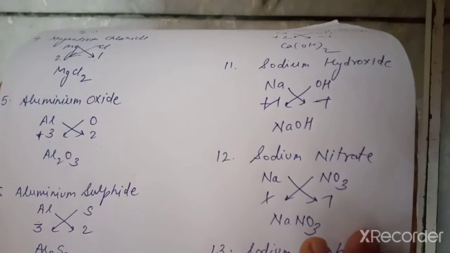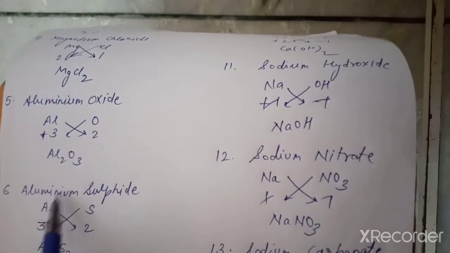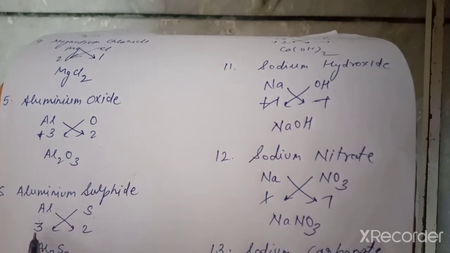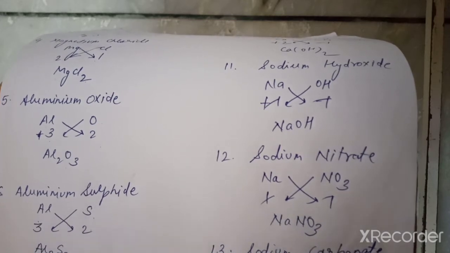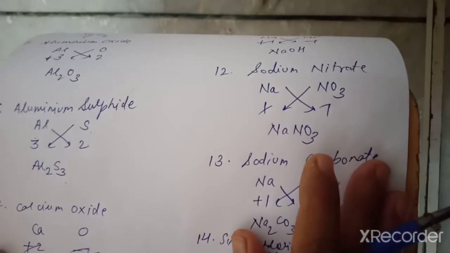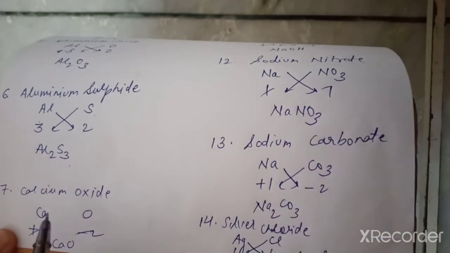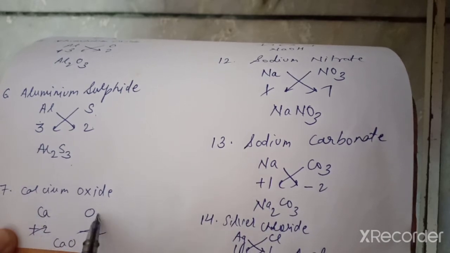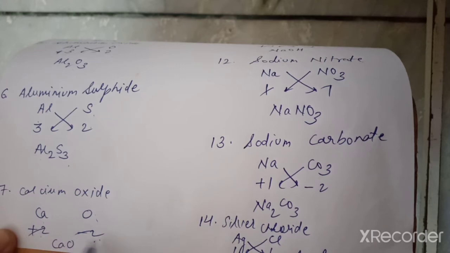Now the next, if you see aluminium sulfide, aluminium is Al, sulfide we have done, that is S. Now below aluminium we will be writing 3 and sulfide is 2. So on the crisscross method you will be getting Al2S3. Now the next is calcium oxide. Calcium is Ca, oxide is O. For calcium, below we will write the valency +2, oxygen is -2. Now why have I mentioned plus and minus here? Because they are cancelling off, so both will cancel and there will be 1 and 1. So we'll write CaO. Okay, so like this you have to write the chemical formula.